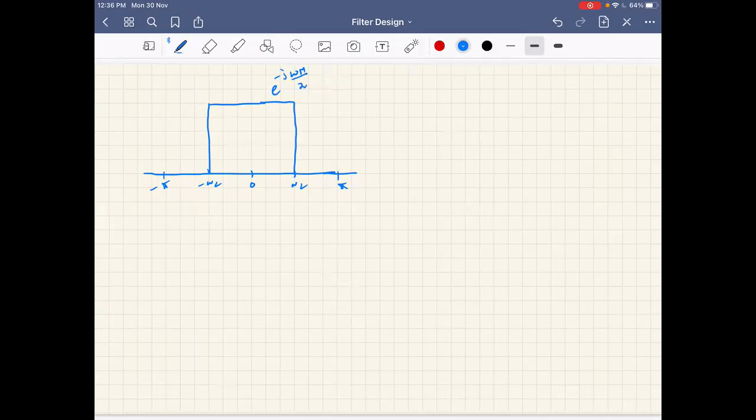Magnitude is anyway, you know. Okay, so this is the H of e power j omega, the desired causal impulse response, frequency response. This has to be convolved with, okay, what? This has to be convolved with the